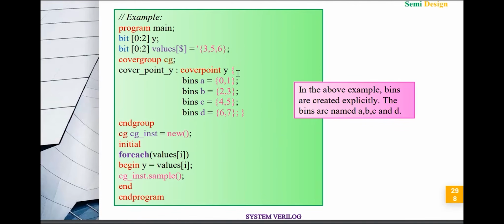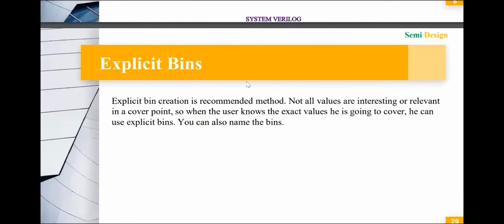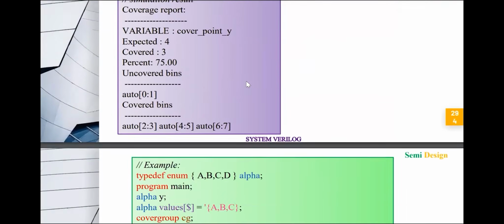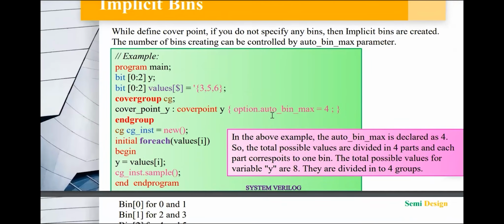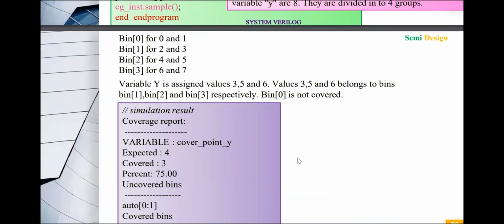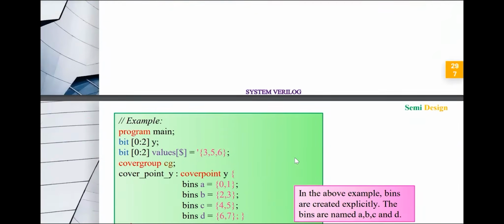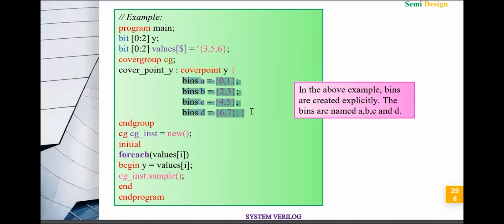Same example. Previously, what we did by using the option: option.auto_bin_max equal to 4. That means the total size we have divided into 4 bins. Whatever we have written here, mostly we will write like this only. So we have divided into 4 bins here, bin A, bin B, bin C, bin D, without using that